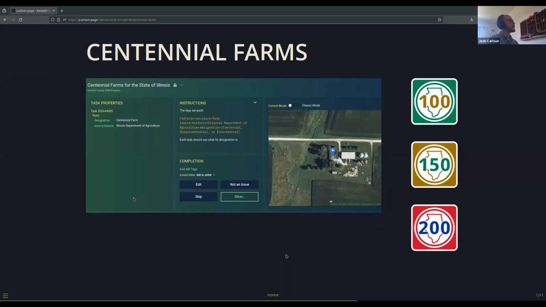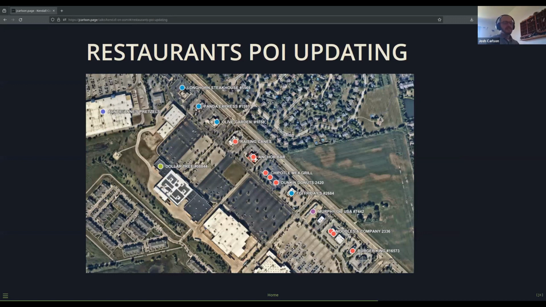Let's see, restaurants. And point of interest updating. This is a big one because points of interest get stale really fast in OpenStreetMap and they're not always very well mapped. But we do a lot of work with our health department. We've kind of built and helped run the system they use for doing food service establishment inspections.